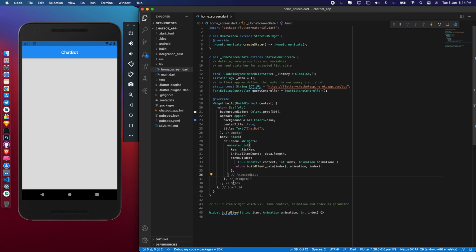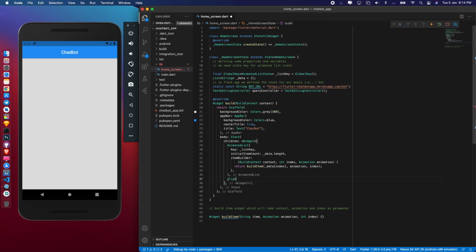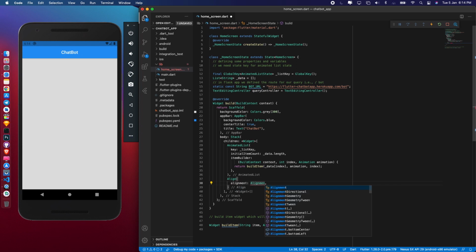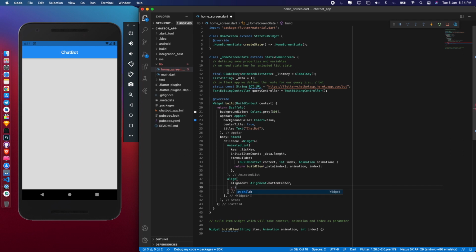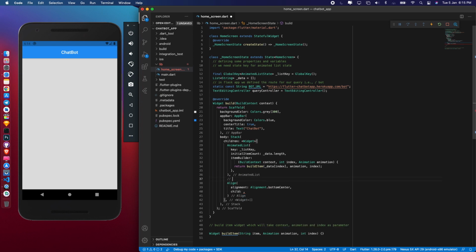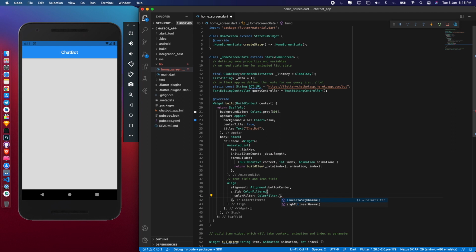Now after that we need to create a text field and a message icon. So I will align this in the bottom center, and I'll also provide a child to this alignment class. Before doing that, let me write text field and icon field. Okay, the child would be a color filtered child of the property ColorFilter.linearToSrgbGamma.